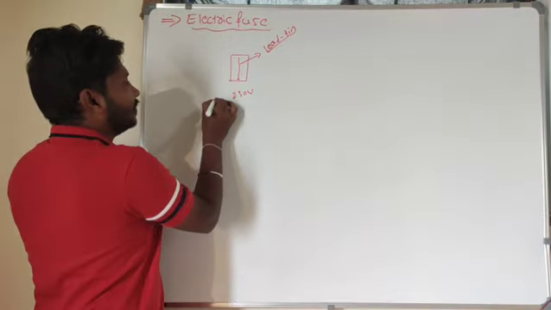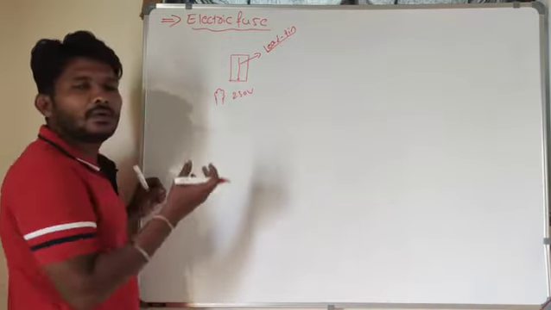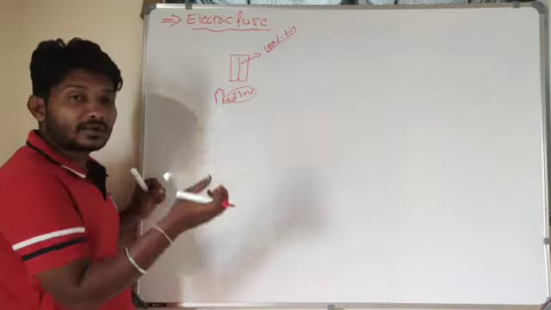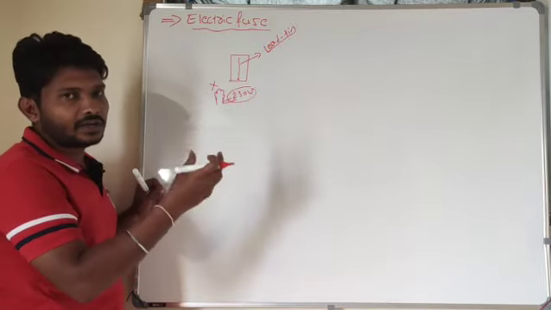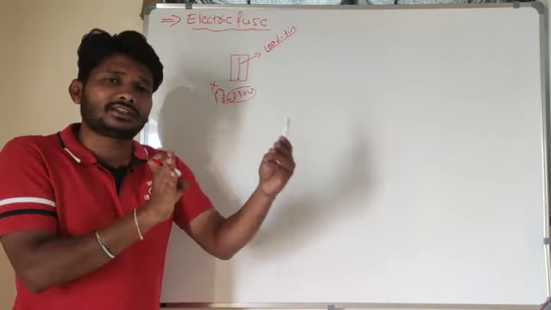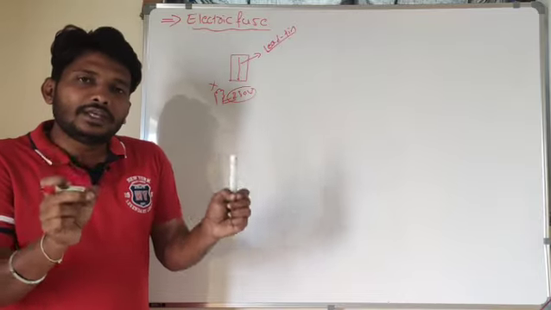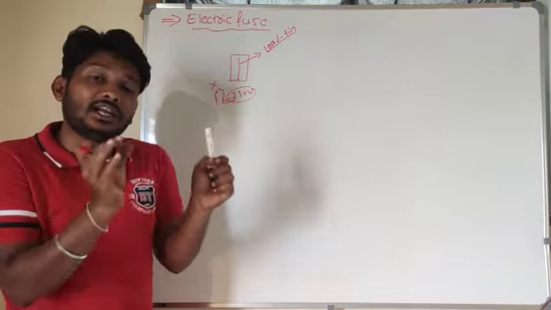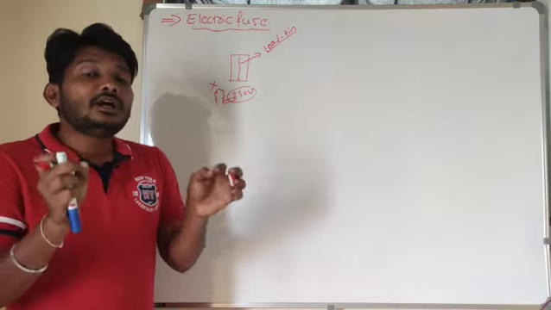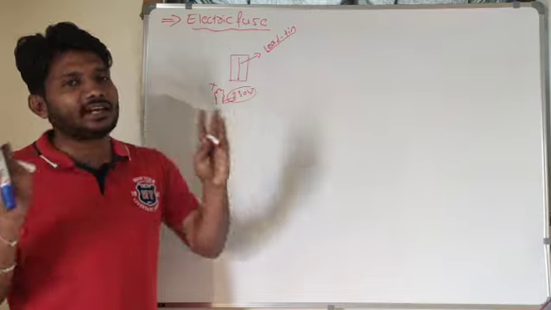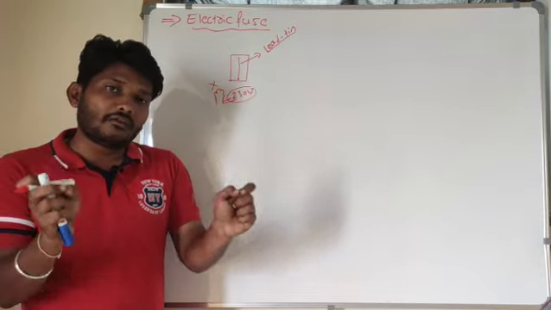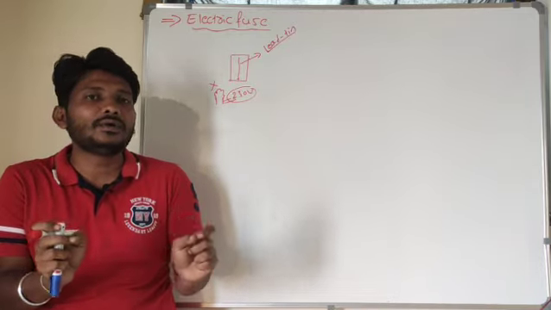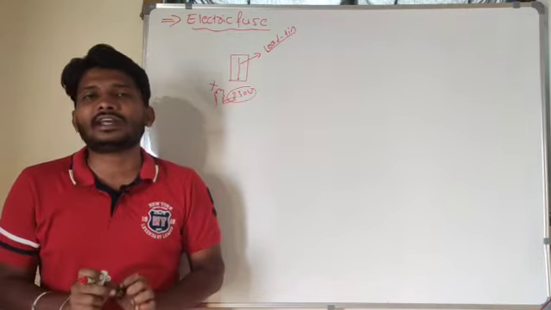For example, I have one bulb here. Its specified voltage is 230 volt. If I send a voltage of more than 230 volt, this bulb will get damaged, or you can take an electric fan, whatever electronic appliance you may take. If the voltage is more than the desired voltage, or if a high amount of current suddenly passes into the electronic appliances, they will get damaged, right? So now I want to avoid the damage of the electronic appliances. What do I have to do in order to avoid it?